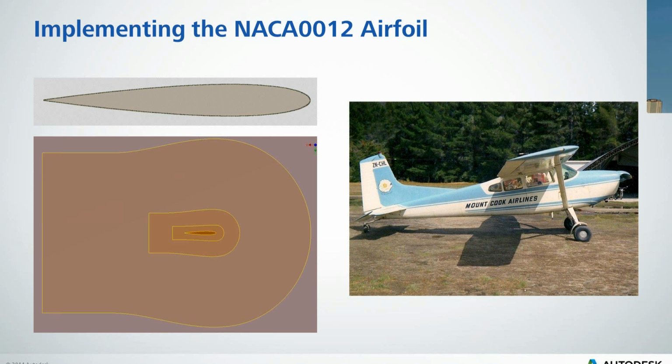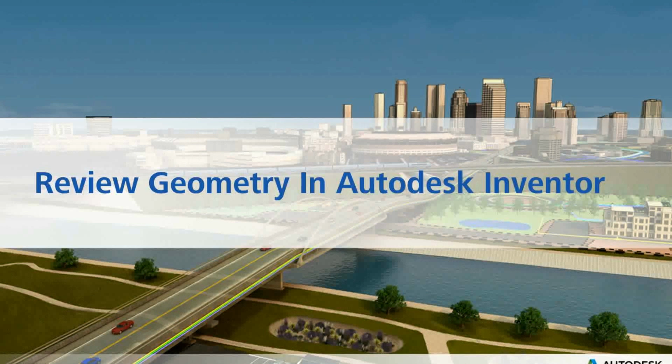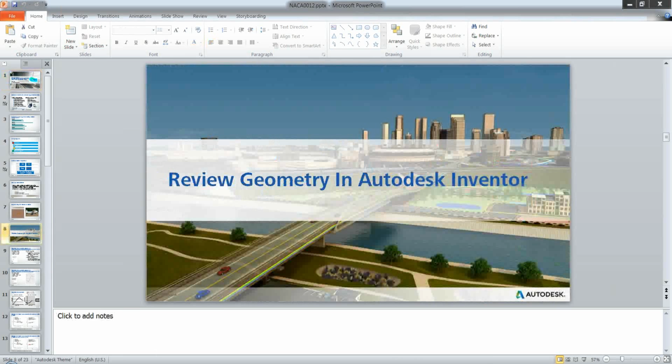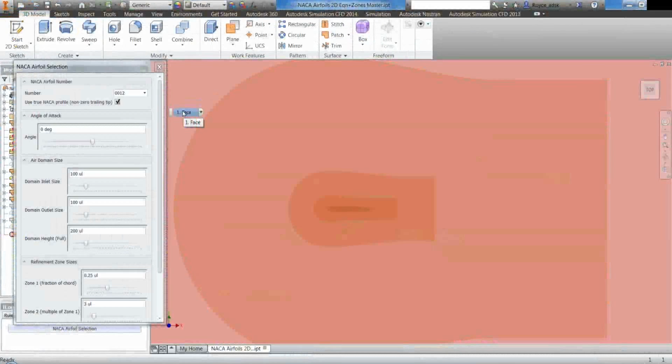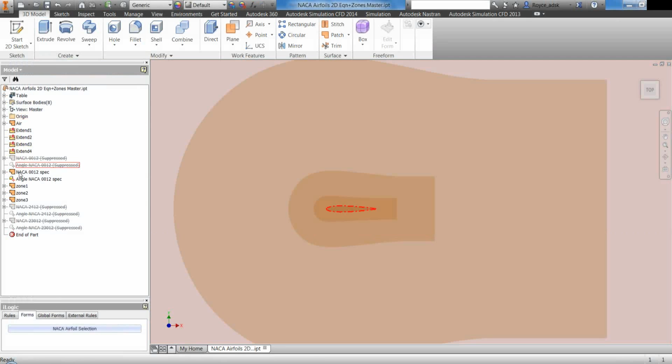So in terms of modeling airfoils inside of Inventor, just as an example, and I use Inventor, of course, because that's what we have here, but you can do very similar modeling techniques within any sort of CAD package. But one thing that I found very cool inside of Inventor that I wanted to share with everybody that actually has it available to them is that, outside of developing your airfoil inside of 2D, there's actually something within the